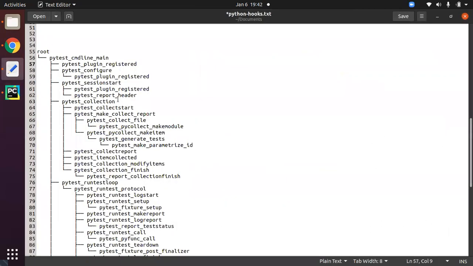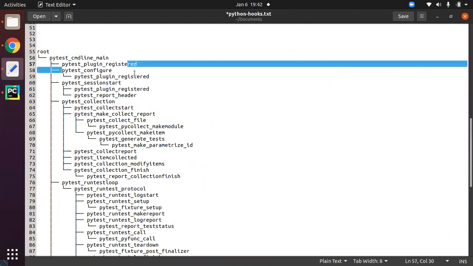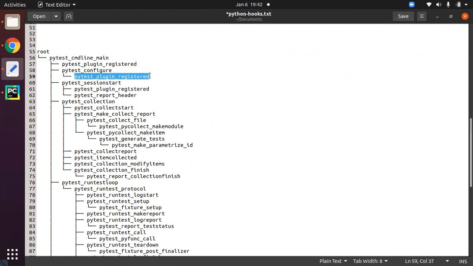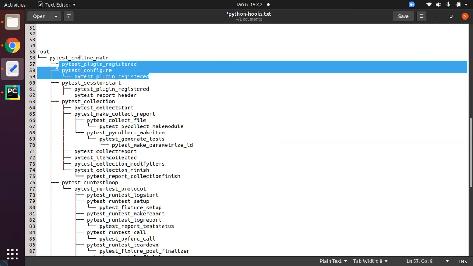So in this way, we have clearly understood the first one, PyTest command line, and the next one, PyTest plugin register, which registers your session object, and after that executes all the plugins: default plugins, third-party plugins, your own plugins, and your own conftest.py. Everything will be registered, and whenever it registers, it will look for your PyTest configure. If it has something, it will execute that PyTest configure as well. In simple terms, we have completed the command line, what you can get from it, and after that, we have registered all the plugins. We have seen different kinds of plugins, third-party and so on.